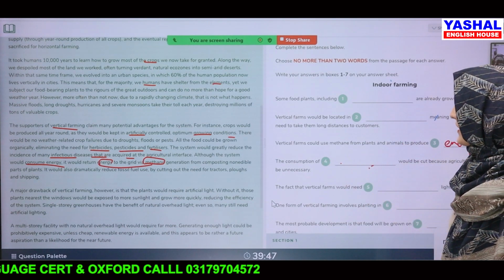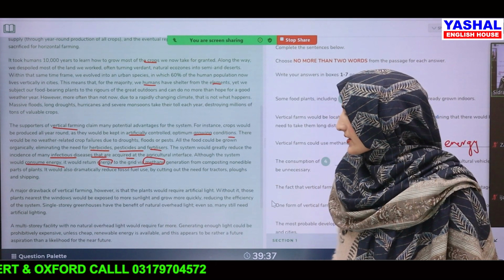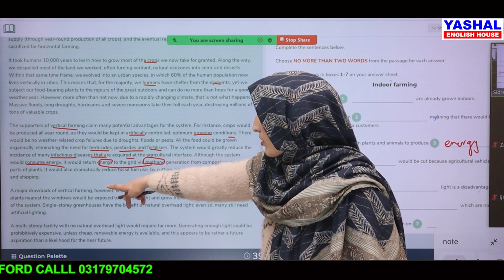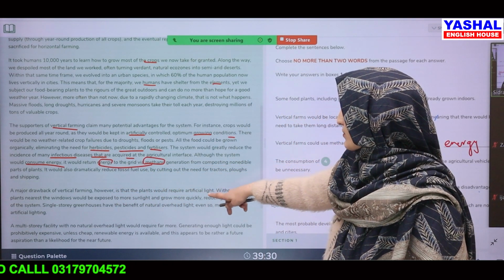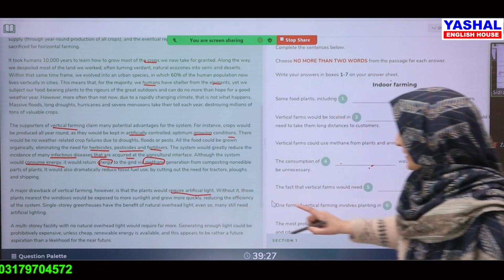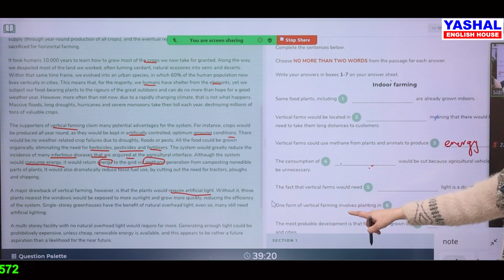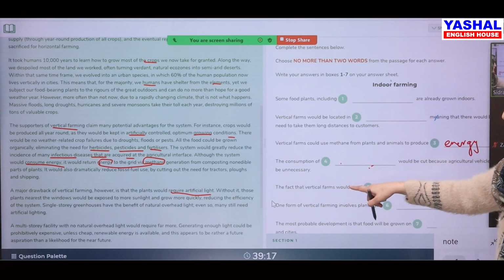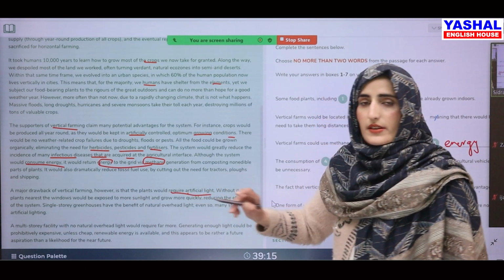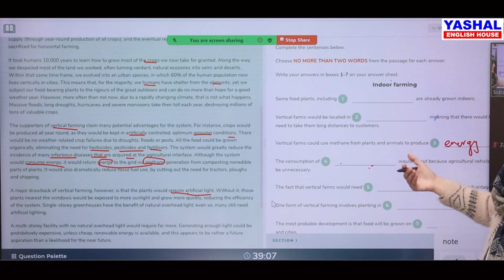Okay. The next one is: consumption of dash would be cut because agricultural vehicles would not be necessary. Consumption of dash. A major drawback of vertical farming, however, is that plants would require artificial light. Okay, again we have one answer. जो आपने पढ़ा था कि defect. Yes. The fact that vertical farms would need artificial light. ये आपने next question किया था. Yes. One more question. The consumption of dash would cut